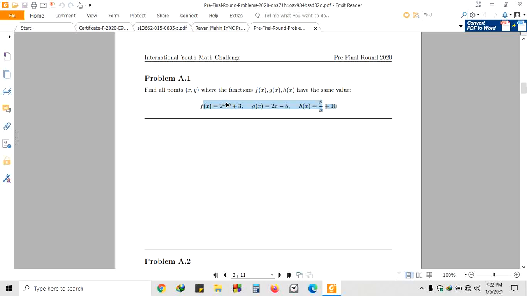So we have to determine a coordinate xy where these three functions give the same value. This can be solved by comparing these three functions sometimes. Also, a better way was to draw the graphs of these three functions. So I drew the graphs of these three functions,